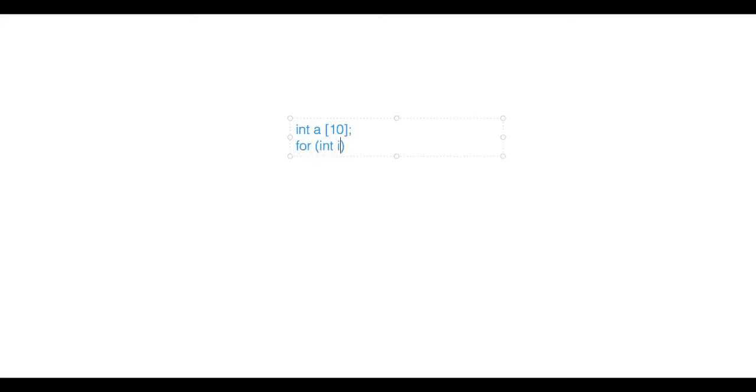So it's very easy. We have filled the array, right? Similarly, if we want to just traverse through the array, it will be easy again.